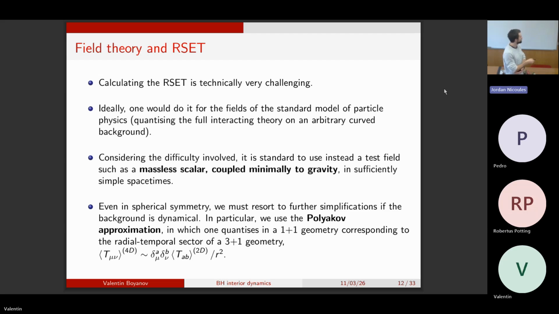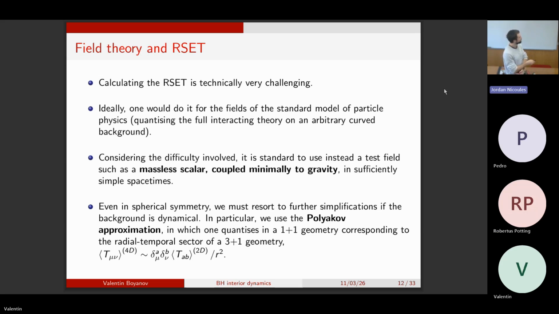In this case, I'll look at one that's minimally coupled to gravity. But even in the test field case, calculations that are exact and four-dimensional can only be performed typically on simple static backgrounds. If we want to look at dynamical backgrounds and look at back reactions and self-consistent solutions, we have to resort to a further simplification,